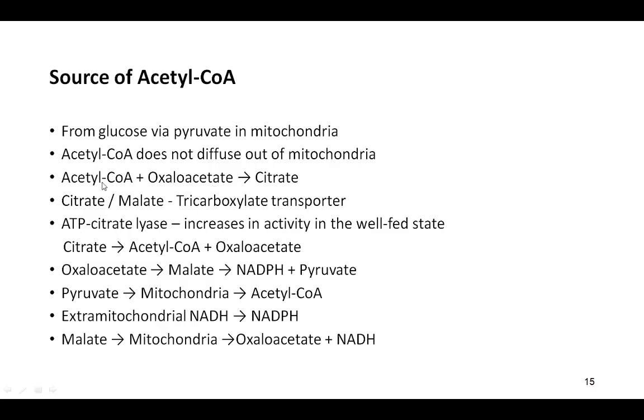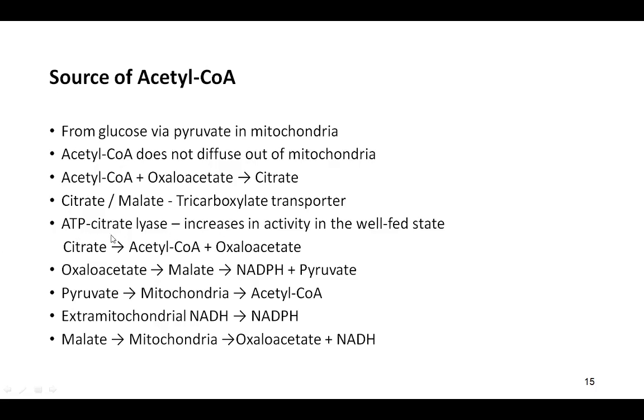What was happening inside the mitochondria? Acetyl coenzyme A plus oxaloacetate was forming citrate. This citrate went out from the mitochondria into the cytosol with the help of a transporter. Just remember that. And there is an enzyme, ATP citrate lyase, in the cytosol, which converts citrate back to acetyl coenzyme A. That's it, it's easy. If you read this two or three times, you'll be able to understand.